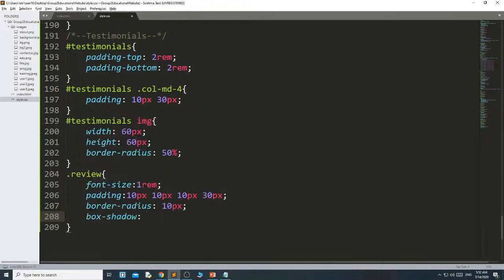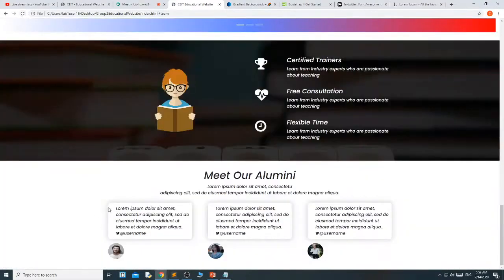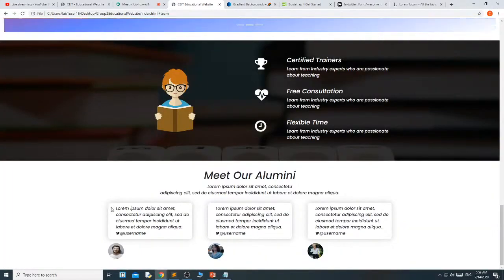Box shadow here 0 pixel, 0 pixel, 20 pixel, 1 pixel. Then what color do I want? RGBA 0, 0, 0, 0.2. See, it gives 10 pixels, that's why it gives a little soft rounded edge.